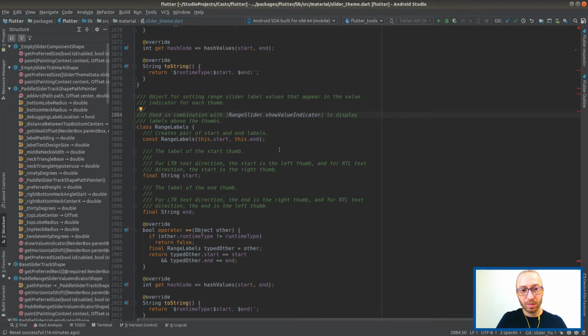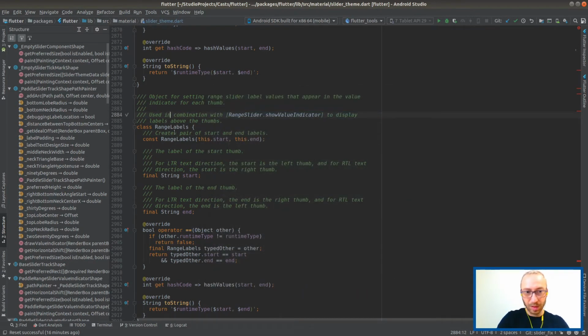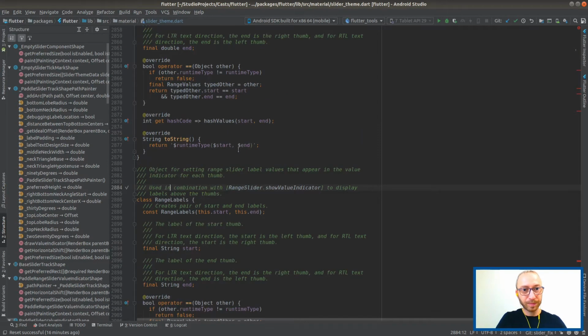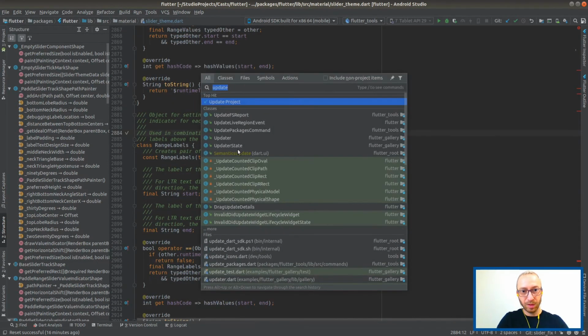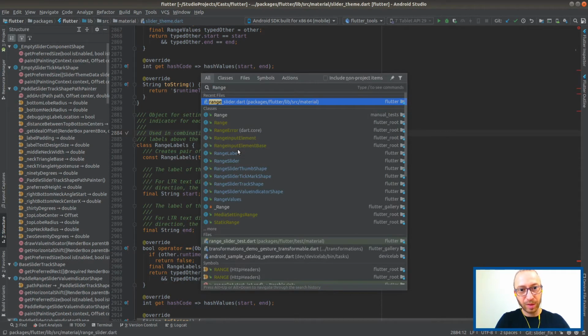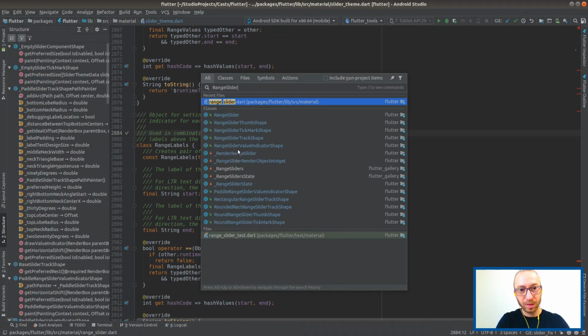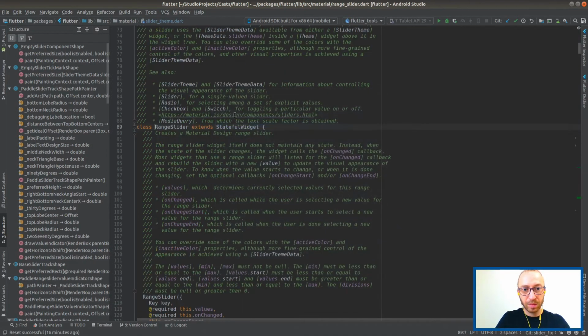Wait, what? I think that might be a problem. Bookmark it, because we might need to change. Used in combination, how? Why would we? Yeah, let's go to range slider, which we never actually checked, but I guess I'm going to have to do that as well. Range slider.